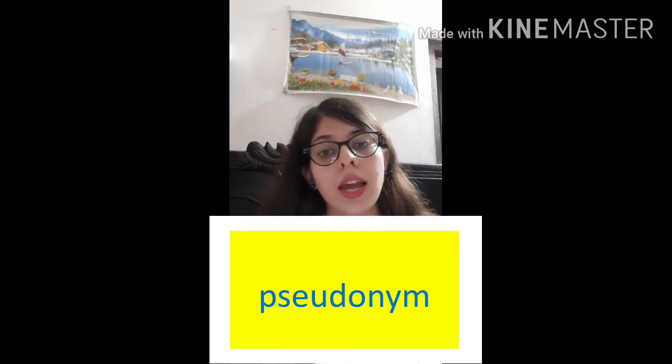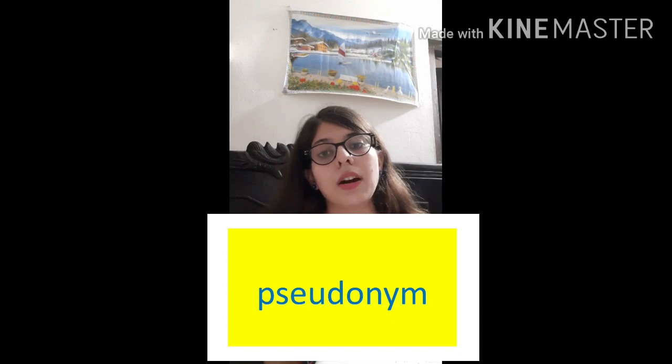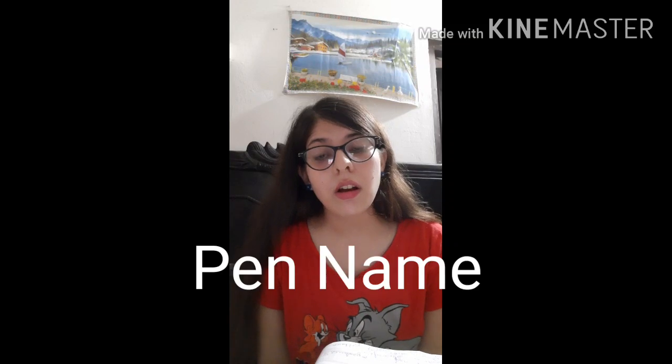Now we come to the other word, that is PSEUDONYM, okay. And how do we pronounce it? Some of you must be knowing it, some of you must not be knowing. Not a big deal, it's fine. But we need to know now. So how do we pronounce it? It's pseudonym, okay. So the letter P is silent and it's pronounced as pseudonym. And what is the meaning? The meaning is the pen name which is used by certain writers.